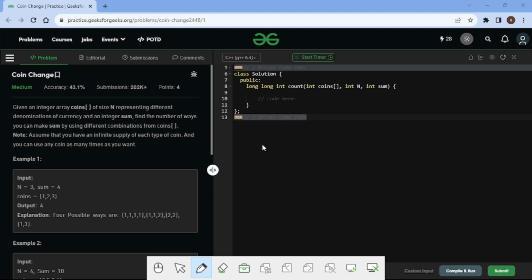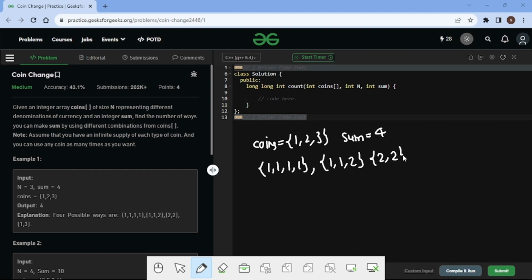So let us say the given coins array is 1 2 3, and the sum is 4. The different combinations we can make to get sum 4 are 1, 1, 1, 1 and 1, 1, 2 and 2, 2, which gives sum 4, and 1, 3.